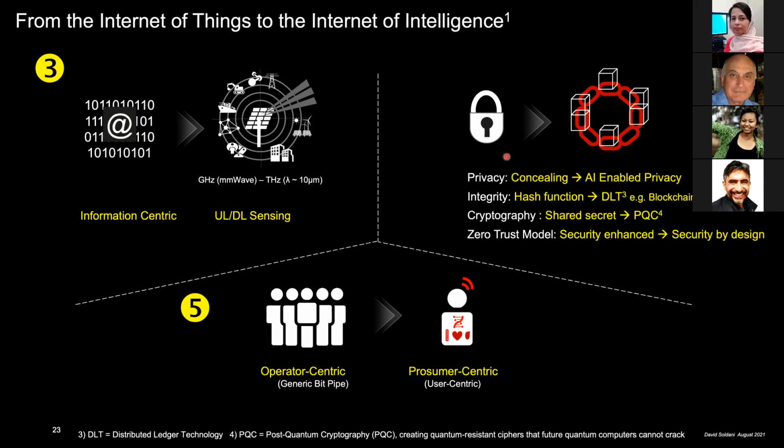For example, if you look at privacy now, you do have a concealing algorithm, which is making use of PKI, so that you do have a public key stored, provisioned in your SIM card, and then your IMSI, your international mobile subscriber identity, is concealed, hidden since the very beginning in the communication. I think we need to go beyond this approach, and we could use AI as it is used today. I've seen many applications in healthcare where you have PII data, so personally identifiable information, which is concealed using machine learning. I think that is definitely an approach much more robust